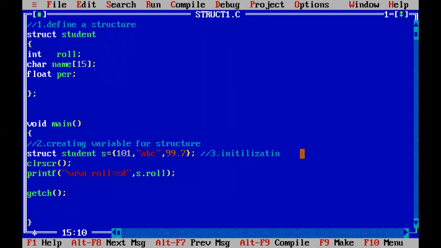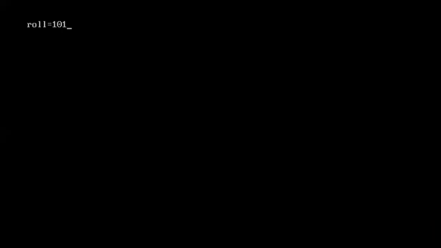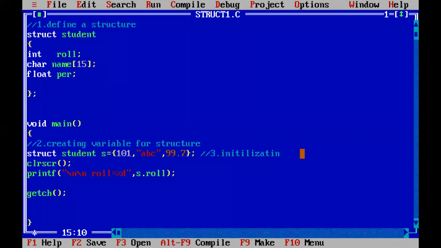Next I am pressing Control F9 for execution. Header files are not written, but no need. Whenever you save the file with the .c extension, the header files are automatically imported, though it is better to write them in the exam. So what is printed? The roll number in place of percentile D. 101 is printed.